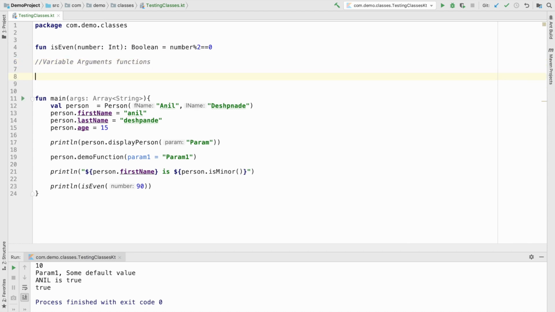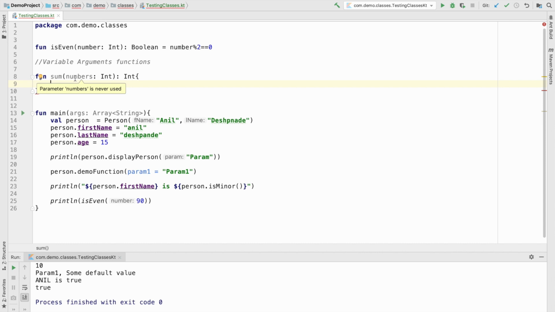As the name indicates, a variable argument is nothing but sending multiple arguments through one single parameter name. What exactly do I mean by that? Let me write a function called sum, which takes numbers of type Int and returns an Int.